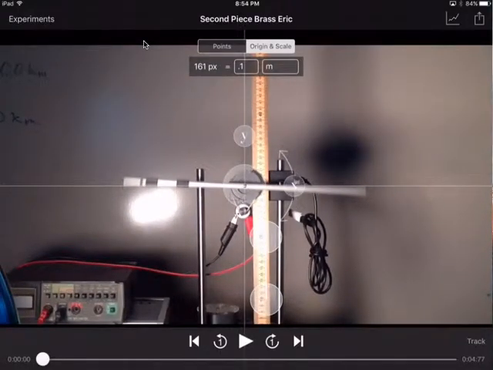So I want to see second piece of tape here. I want to see that 0.1. I want to see your origin set here. And I want to see 10 centimeters set. It could be anywhere along this ruler. It just needs to be 10 centimeters. Or if it's 20 centimeters, it needs to be 20 centimeters. Whatever you choose and set, it needs to match this. So I'm going to go ahead and snap a picture of that, and I just did. And so, of course, that is in